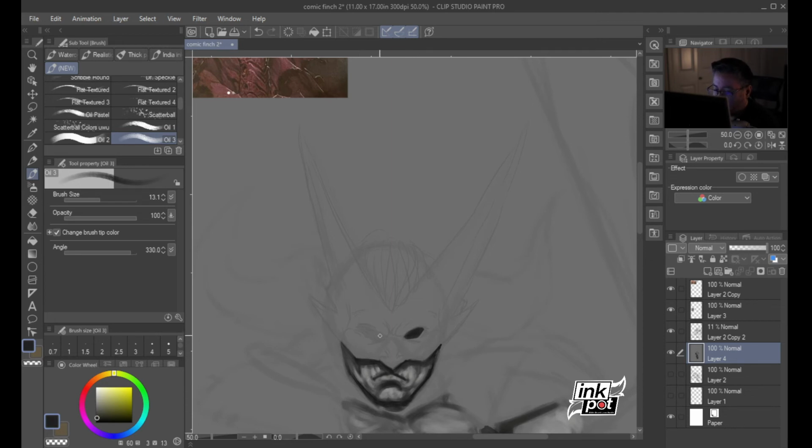Should just knock those eye holes out for now. We will want to see the white of his eyes here. Try and get those symmetrical. No, it's just copy one over to the other side, but work it till